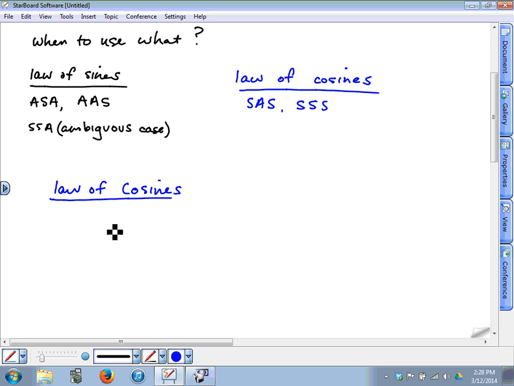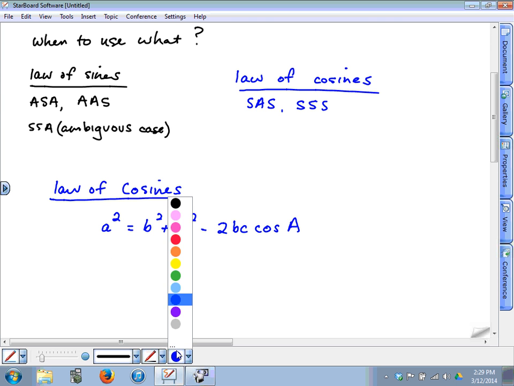So the whole entire law, here we have a squared, and since it's lowercase a, this is talking about side a, is equal to b squared plus c squared minus 2bc times the cosine of angle A,